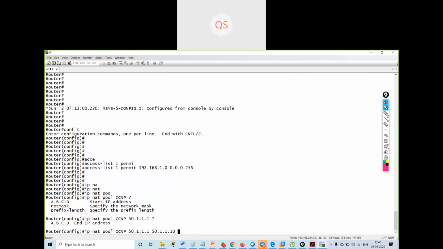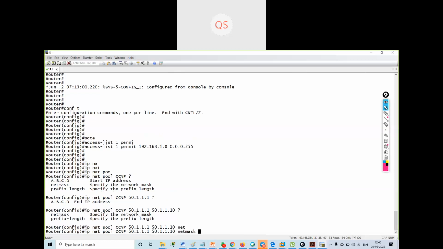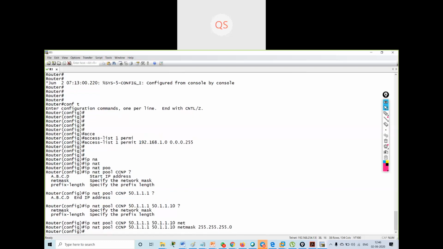This is my end public IP address. What will be the net mask? It is asking me for the net mask. Net mask is 255.255.255.0.